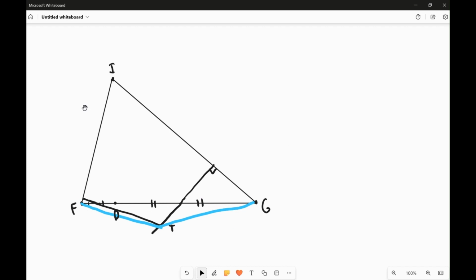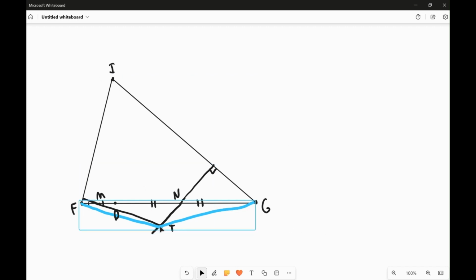Suppose you have a triangle FIG, and you have an arbitrary point D on the line segment FG. And then you construct the midpoints of FD and DG. I'll go ahead and call them M and N. And then you construct the lines through M perpendicular to FI and N perpendicular to IG, they intersect at a